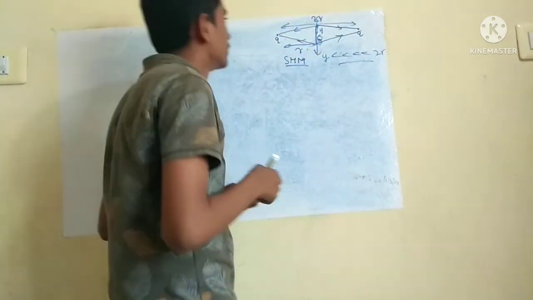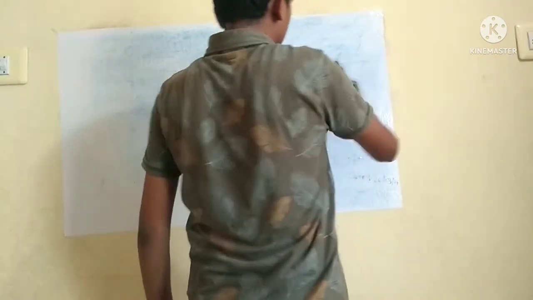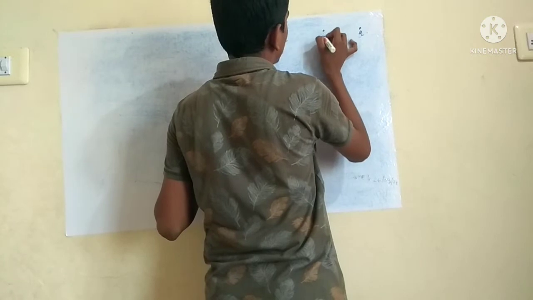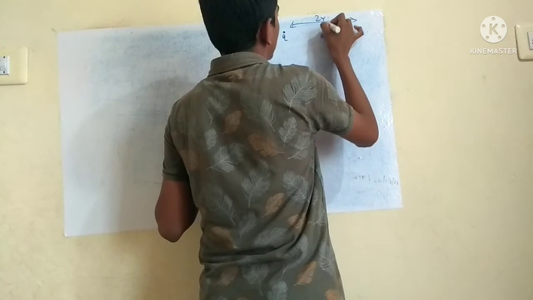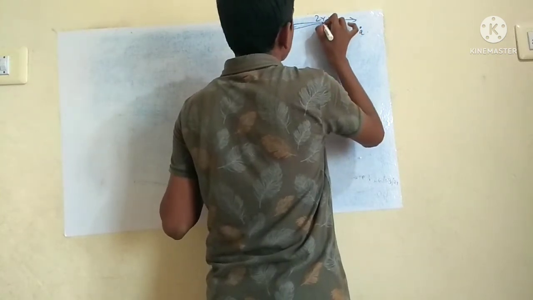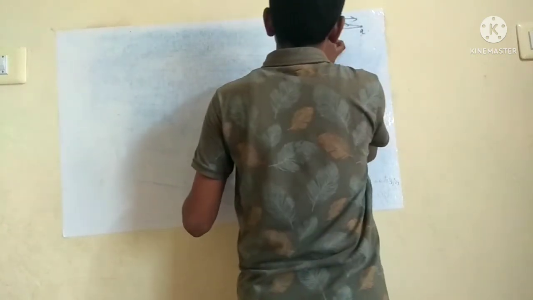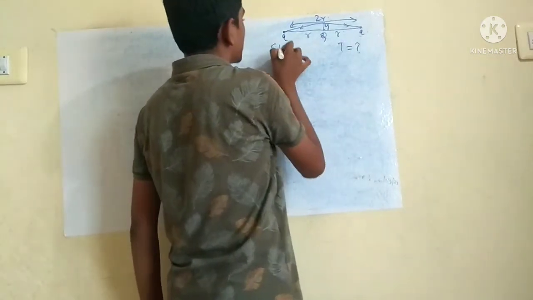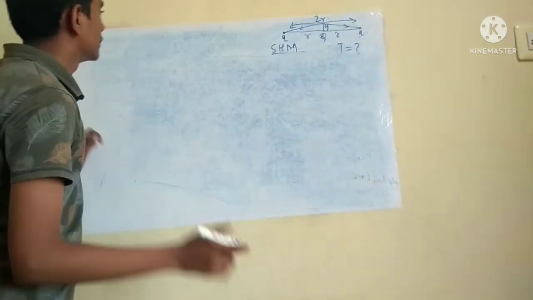Now in competitive exams, they will ask the time period of that oscillation, the value of the time period of that oscillation. Here a charge q, here a charge q, here a charge capital Q. Now this distance is 2r. Now it is displaced by y. This is a. Now calculate the time period of this oscillation. This is a condition of SHM of the oscillation of this Q. And another model I will say.